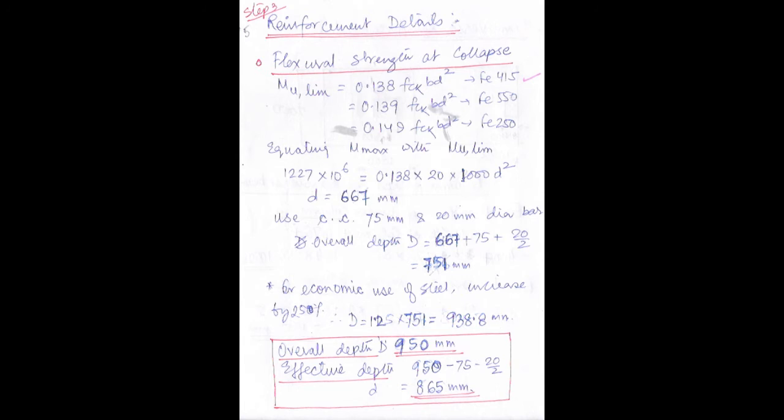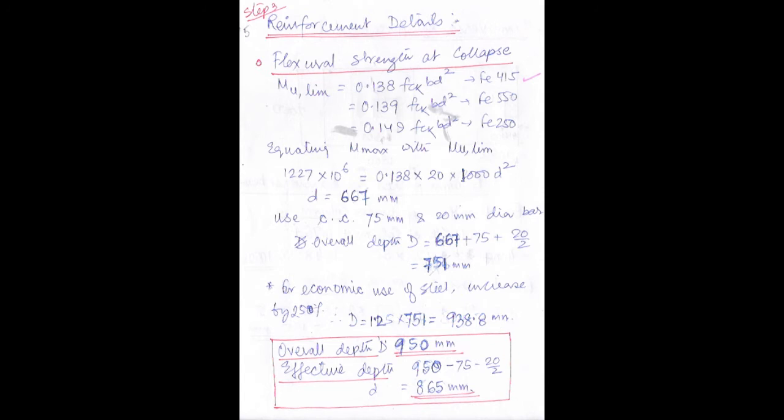In the question it is given, use M20 concrete, so the value of fck is 20, correct? And B is 1000, since we do it per meter length, per unit breadth. D is the effective depth. If we solve the equation, we get the value of D, the effective depth, as 667